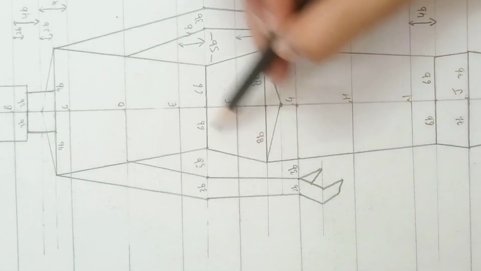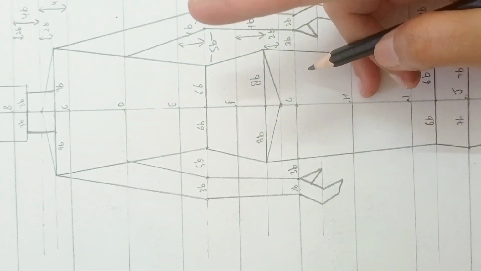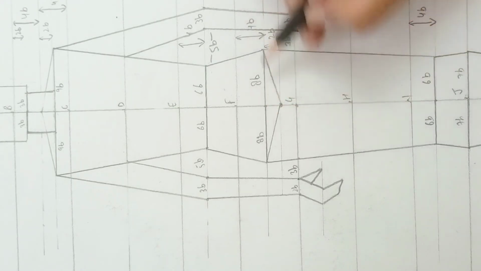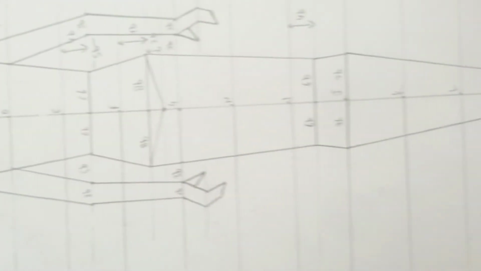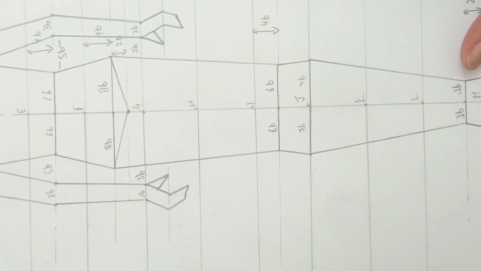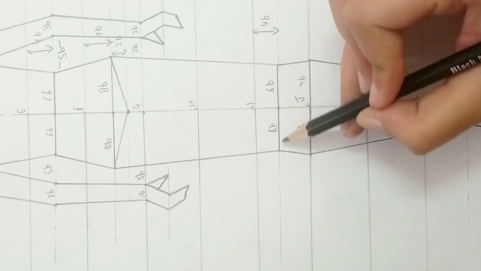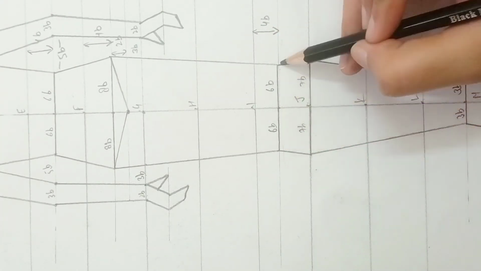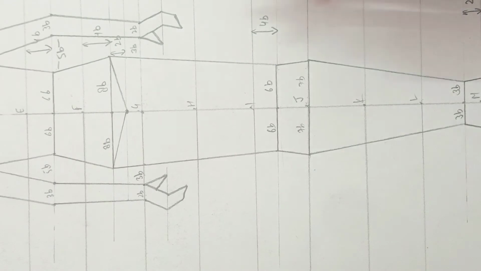We have drawn this line after that, and the crotch always lies 2 blocks below the hip line. So we have taken a 2 block distance from the hip line. Then coming on to I and J section, at I we have drawn half, and at that half we have drawn a 6 block line on both sides, and at this point J we have a 7 block line. Then we have drawn this line.